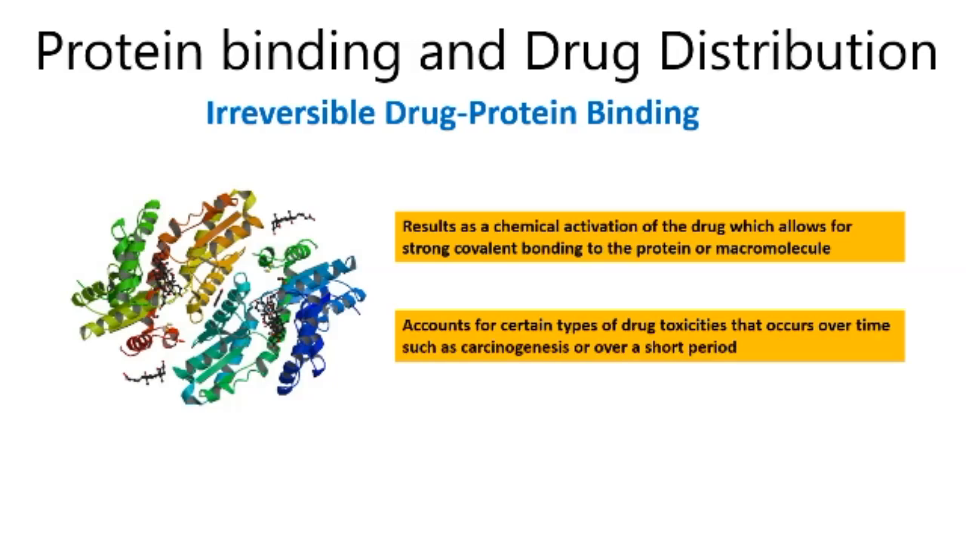For irreversible drug protein binding, this is a result of chemical activation of the drug, which allows for a strong covalent bonding of the drug to the protein sites or the macromolecules. And this accounts for certain types of drug toxicities that occur over time, such as carcinogenesis, or that may occur over a short period of time. For example,